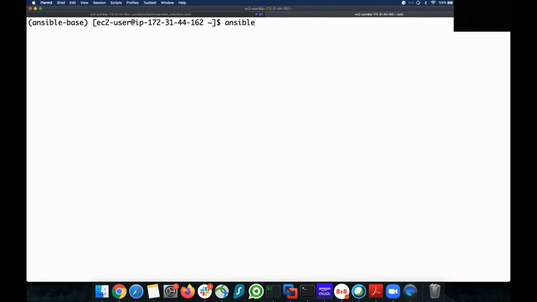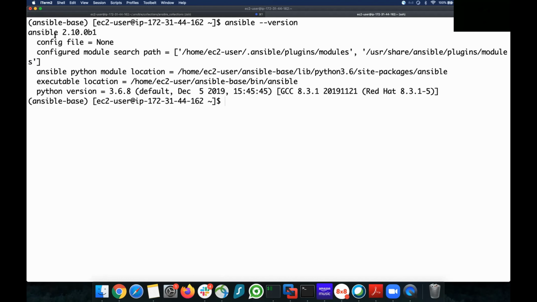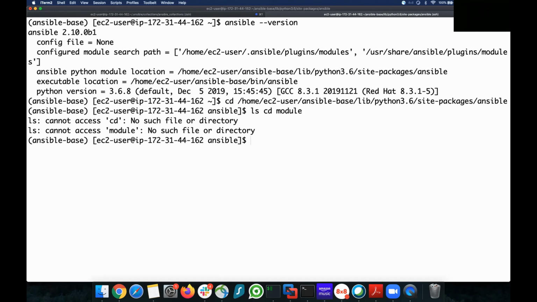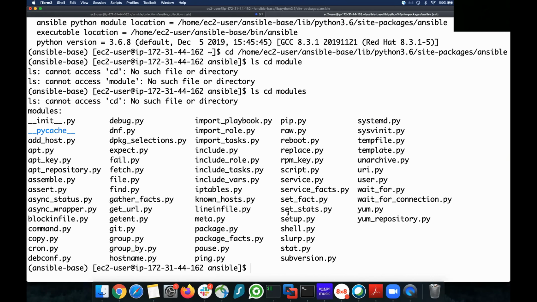So let's check the version. As you can see, it's the Ansible 2.10 beta release, and let's also check the modules path. As you noticed in the GitHub repo, even here we can find the minimal set of modules.